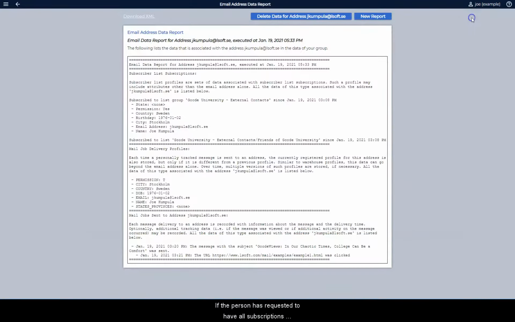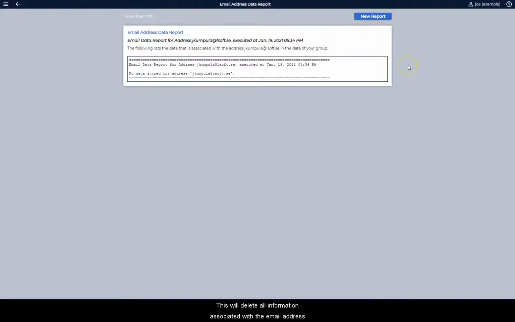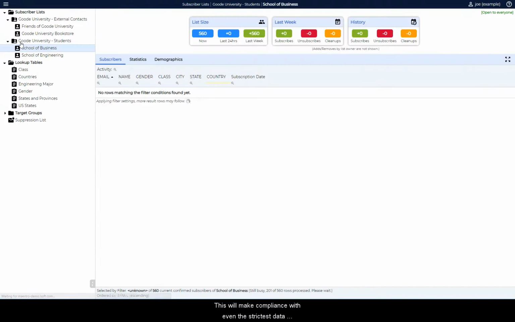If the person has requested to have all subscriptions canceled and personal data deleted, you can simply click the Delete Data button. This will delete all information associated with the email address, no matter how many lists you have and how complex your subscriber warehouse is. This will make compliance with even the strictest data